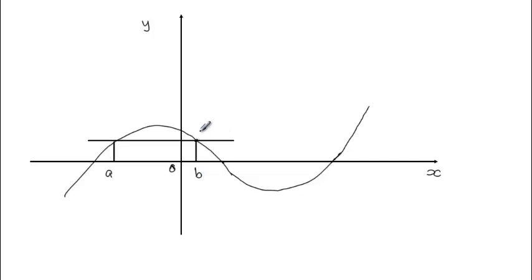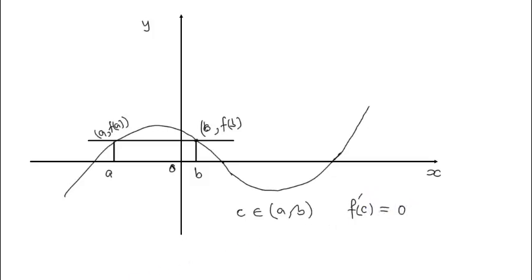Then the point here is B, f of B, and here is A, f of A. So Rolle's theorem says if this is the situation, then between A and B there exists at least one value C which belongs to the interval A, B, such that f prime at C is equal to 0,